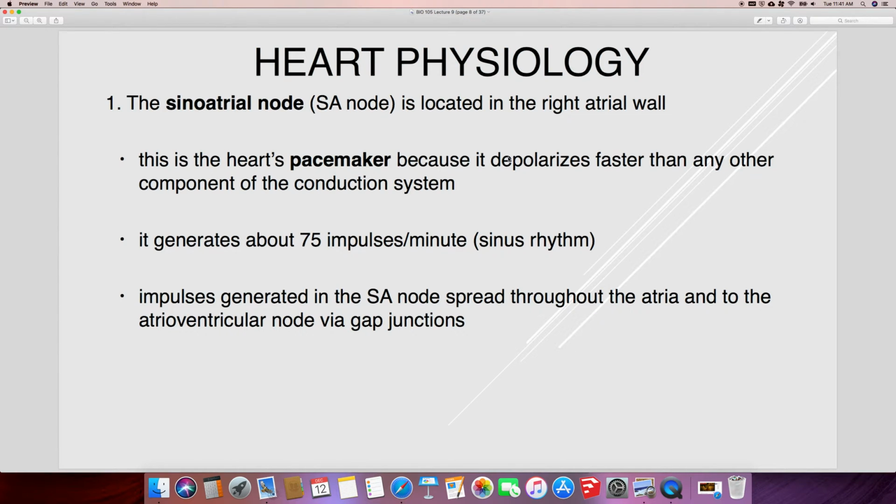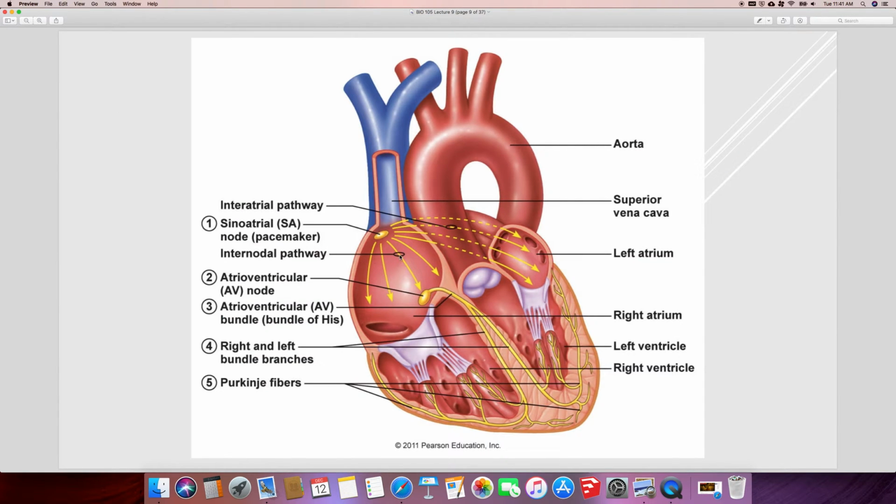Alright, then we talked about the intrinsic conduction system of the heart, which is the way that the heart conducts impulses through itself in order to contract. And it all begins in the SA node, or the sinoatrial node. This is the heart's pacemaker, and it's called that because it depolarizes faster than any other component of the intrinsic conduction system of the heart. Okay, and the sinoatrial node is going to spread impulses across the atria, so it's going to stimulate depolarization of the atria and contraction of the atria, and it's also going to pass impulses to the atrioventricular node, or the